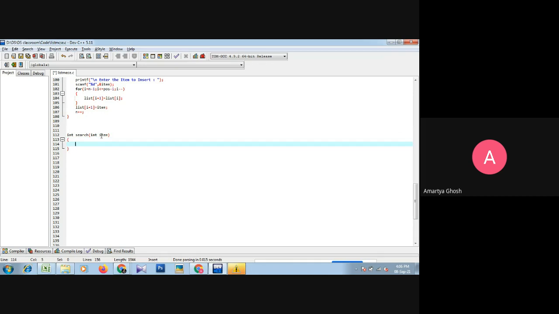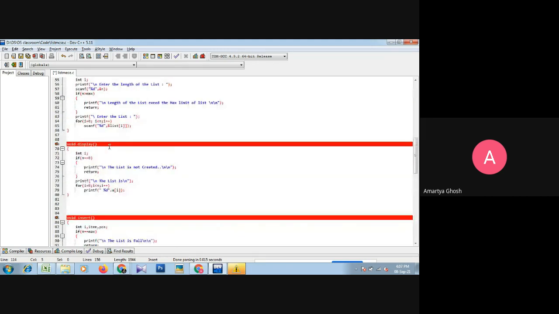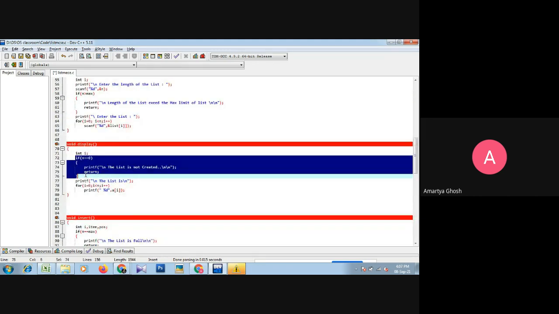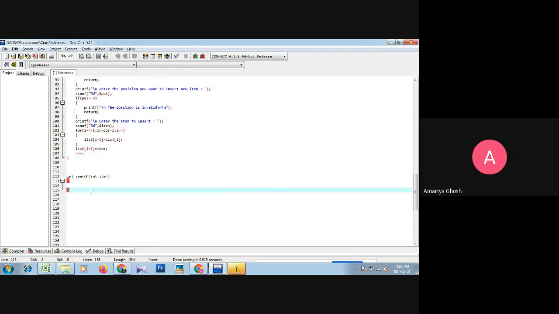So first of all you have to check whether the list is created or not, so that is why we just copy this handling code, that is, if the list is not created, so search is unnecessary, so we just save it.